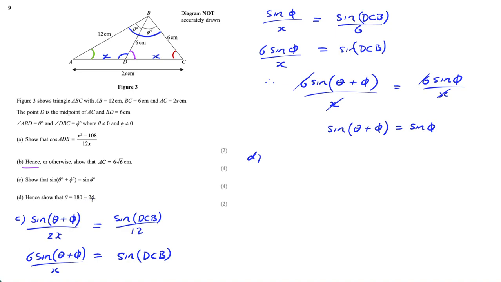Okay, so I think, guys, in this situation, we are going to say, well, if sine of this equals sine of this, so sine of theta plus phi equals sine of phi, then that means that theta plus phi must equal